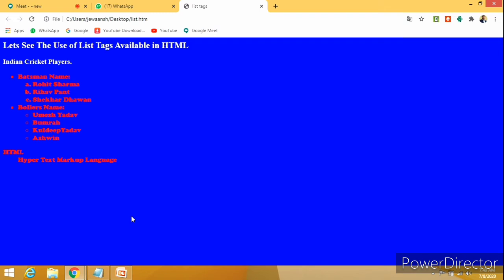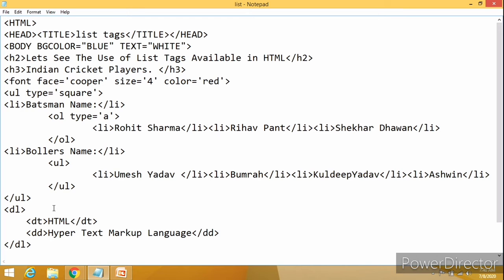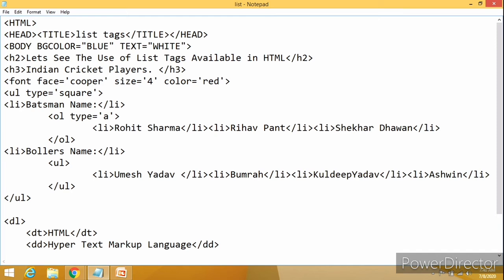Now, a few things I want to do over here. I want to generate two lines: before HTML I want one line, and after hypertext markup language I want one. Who will tell me what tag I have to use? Which tag should I use? We have the HR tag, the horizontal ruler.